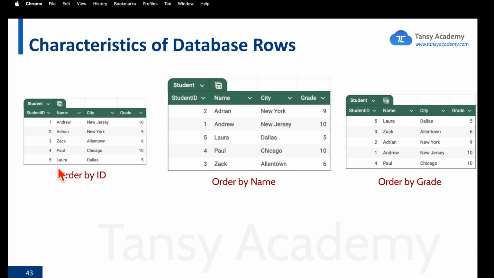Here I am trying to order this data by order id. Same thing like what we looked at in column characteristics. Here I am trying to order by name, right? So it goes in alphabetical order. And then here I am trying to order by grade. Okay, so this is how you can order